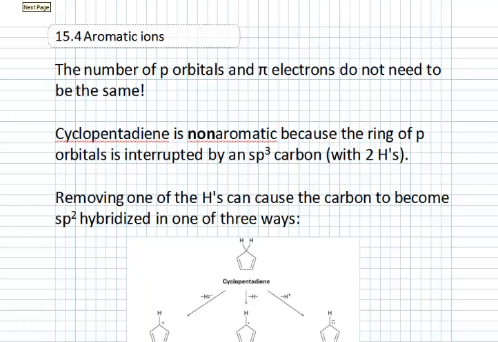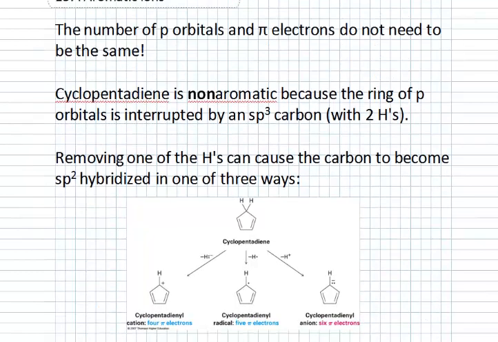We don't need to have something like benzene in order for it to be aromatic. Also, the number of p orbitals and pi electrons do not need to be the same. They happen to be so in those neutral molecules with just carbons, but let's introduce ourselves to some different substances. So let's start with cyclopentadiene,